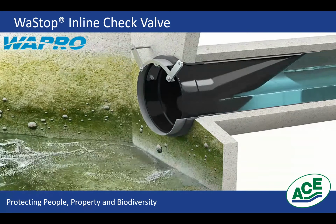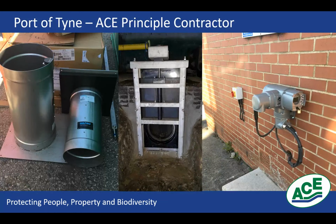Now, what this allowed us to do, on several of the smaller penstocks, is rather than providing a penstock flat valve combination, we could supply a penstock wire stop combination. So you can see here, we made the wire stops with a special flange so that the fixing eyes were in exactly the same place as on the penstock. So of course the fixings could be driven all the way through, and you basically sandwich the wire stop nicely